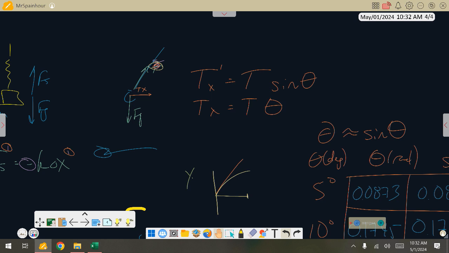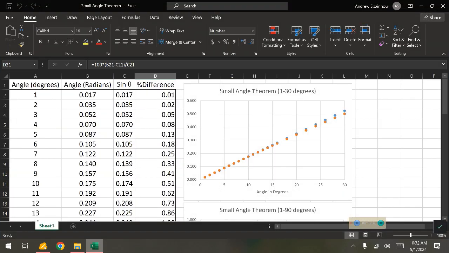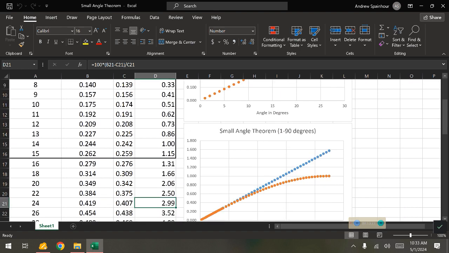As a matter of fact, I created a document, which technically did the work that you were doing right here, but for all of them, and here's what I got. The angle in degrees right over here, what it is in radians, what it is in sine. You'll notice I didn't do quite as many places, but I'm technically calculating it, and the percent difference between them. At 15 degrees,